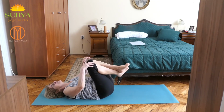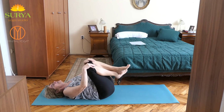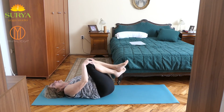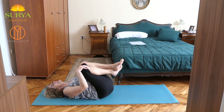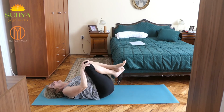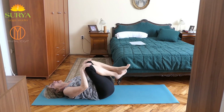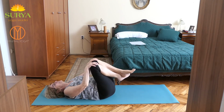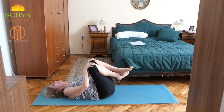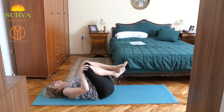And we finish. When we finish, you pull your knees towards your chest and move around, upwards, backwards, sidewards. Relax your muscles. And then we shall go to the